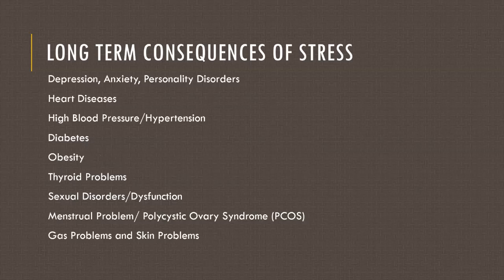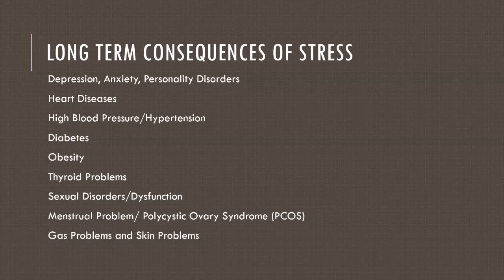And for now, you need to understand what is depression and anxiety. A prolonged amount of worry or stress, or prolonged bad moodiness, or prolonged depression is basically major depressive disorder. It's termed as major depressive disorder. Same with anxiety disorders. It can be general anxiety disorder, it can be phobia, it can be mania, etc. So all these are the long-term consequences of stress.